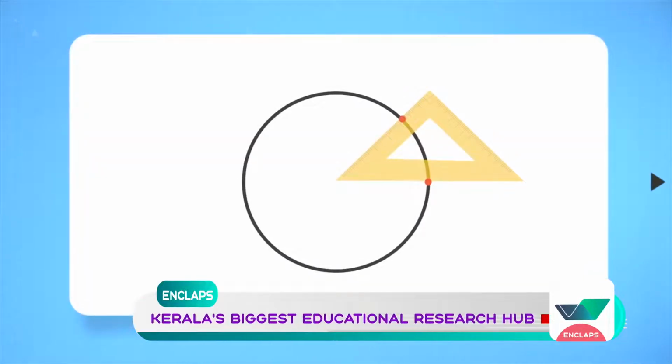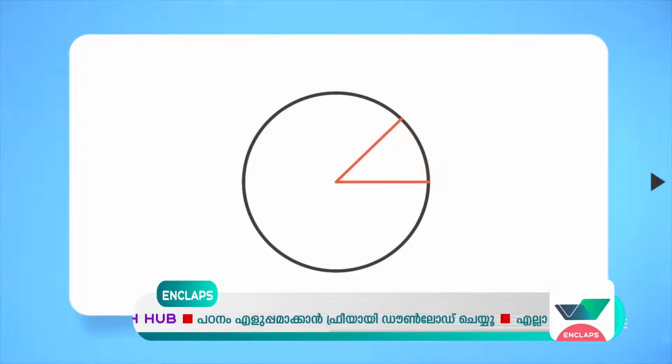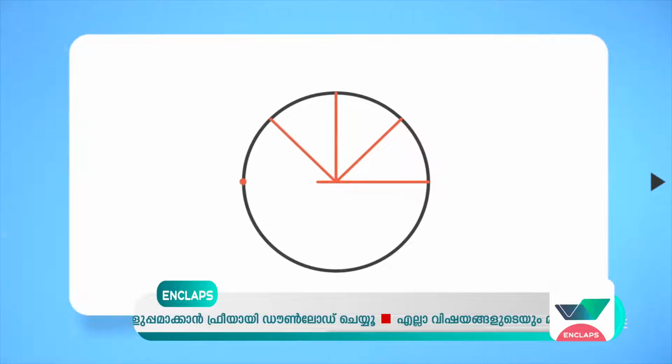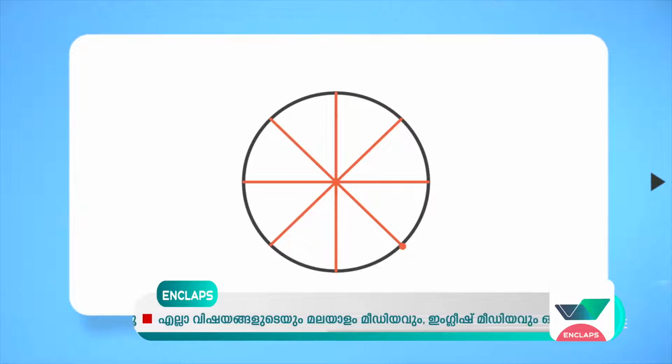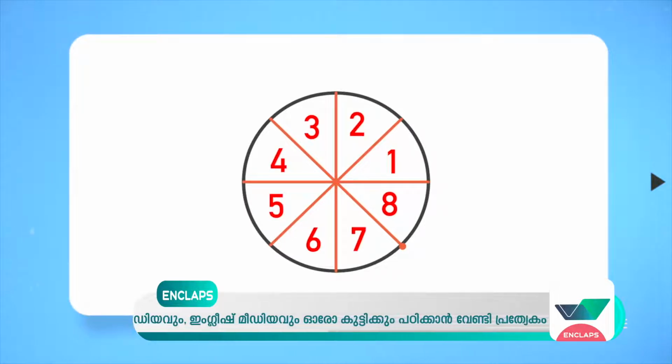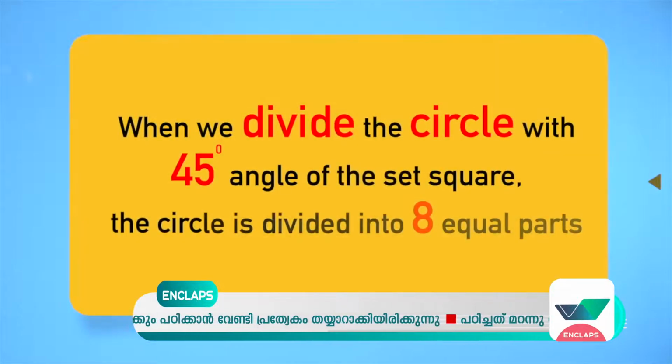See, now we are with the 45 degree angle of the set square. Now look, 1 division, 2, 3, and finally the divisions completed. Have you seen how many divisions are there? Look the numbers, 8 divisions. That is, when we have divided the circle into equal divisions with the help of 45 degree angle, you have